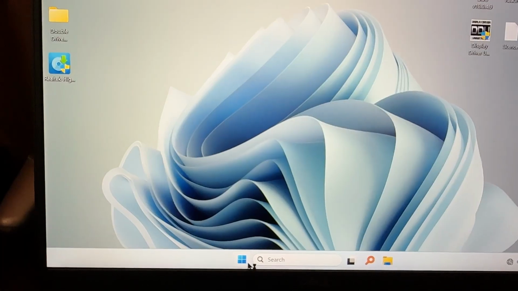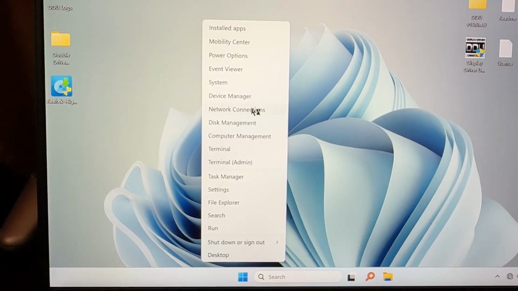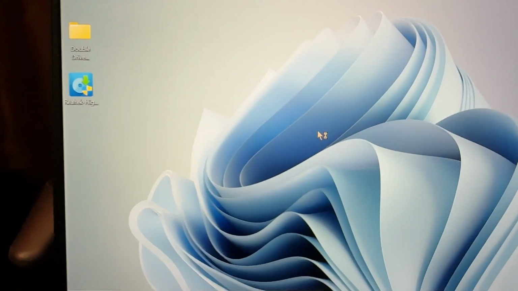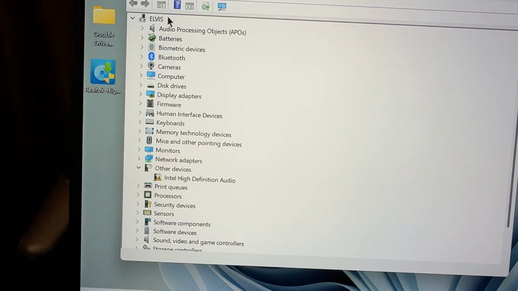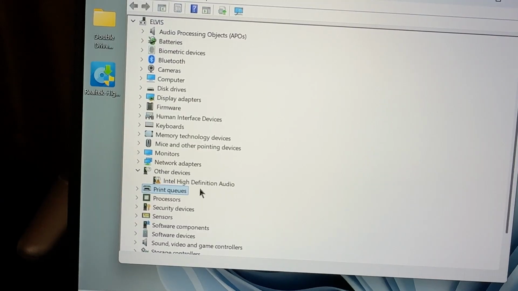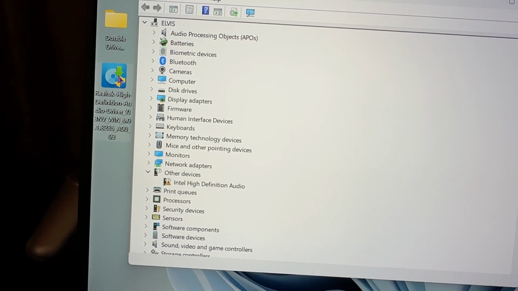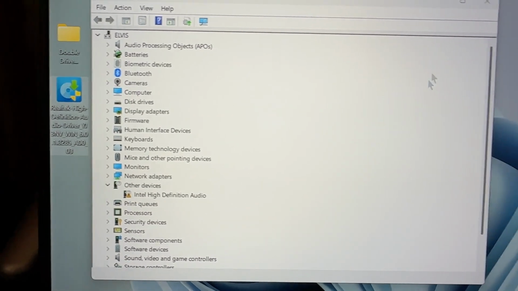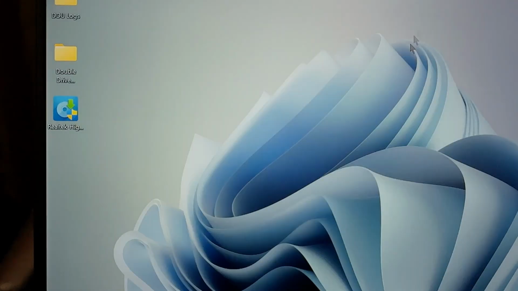After the restart, I'm going to check in my device manager. As you can see right here, we don't have any audio driver anymore. So I'm going to install the new one I downloaded. So that's how you completely uninstall your audio driver